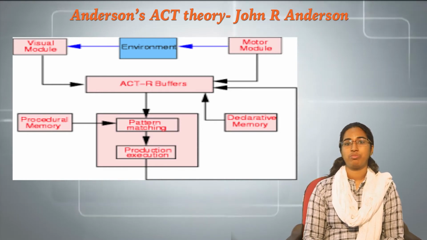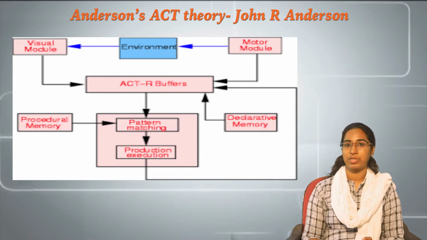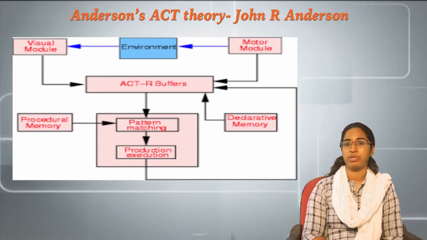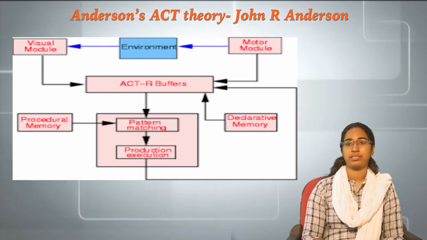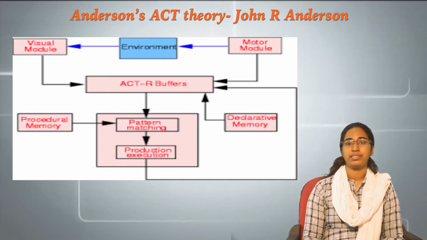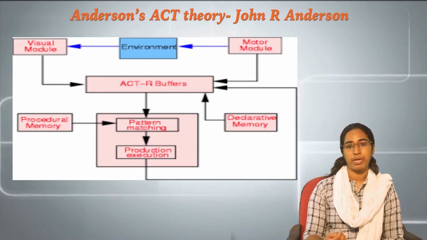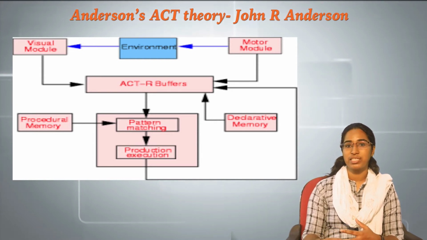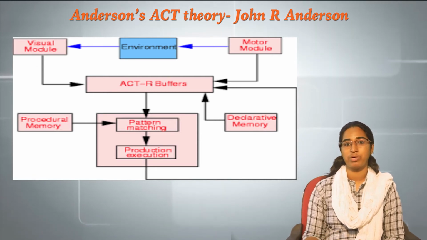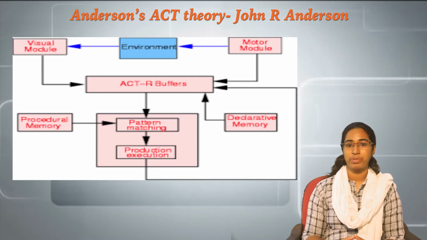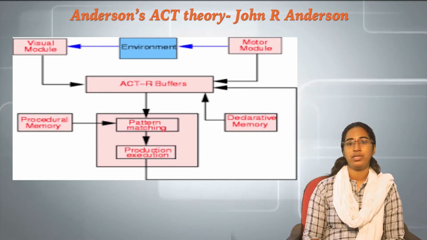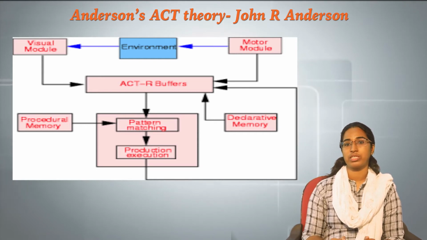So, buffers refers to the motor and the visual modules that are happening in an individual, that is, different sectors or factors are responsible for this, such as environmental factors, and these form the memories, that is procedural memory as well as the deductive memories, and these later form the pattern matching that happens within an individual. So, if an individual can identify some modules through his memory, then these later form a pattern matching, and this leads to the production or execution of the memory. So, this will happen within the individual.